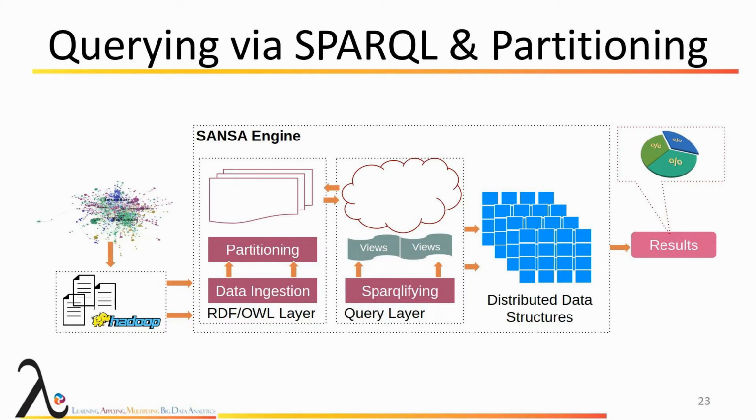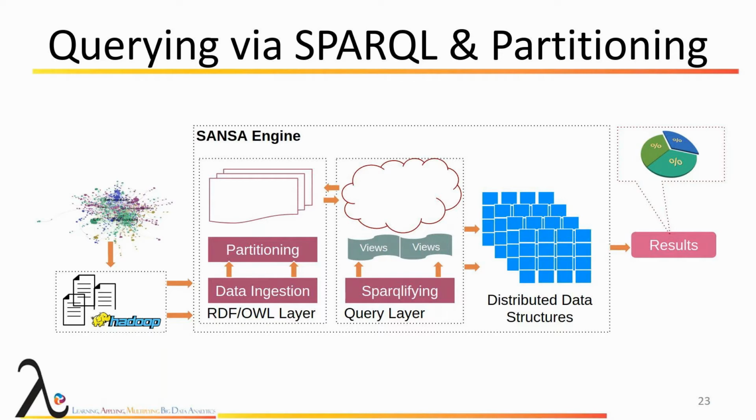And then the idea here of that layer is exclusively to take the data that has been already partitioned and split by the RDF layer, and then to take a query, split it into pieces, and then retrieve the relevant pieces of information from each node before outputting the results to the user. So I won't go during that presentation into the various techniques and details and optimizations that we have been developing for SANSA here, because I don't have the time.